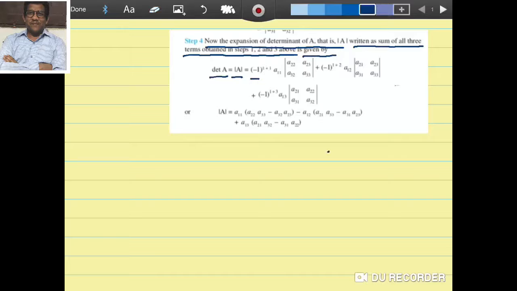In considered example, value obtained in step 1